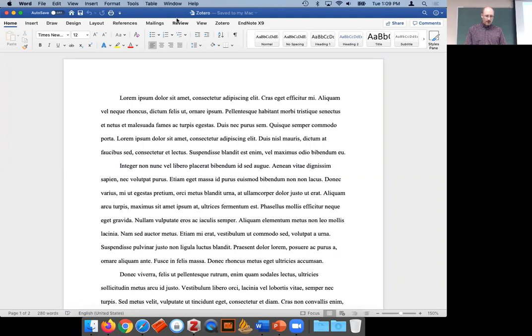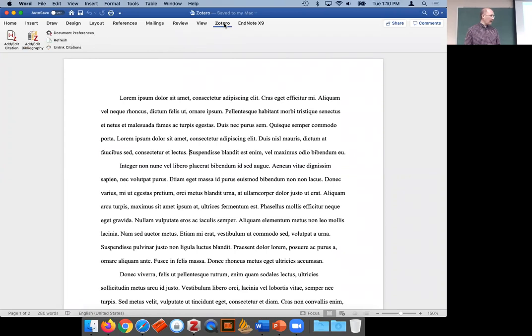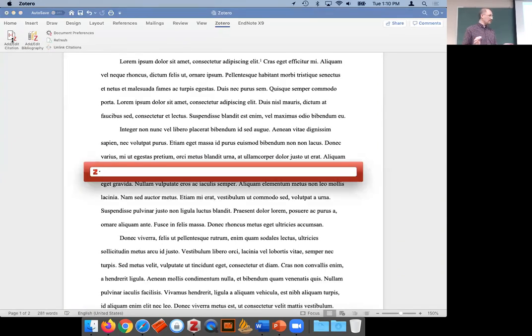So in Word now, since I had gone through that step of setting up and installing the Microsoft Word plugin for Zotero, you can see up here in my ribbon, I have a Zotero tab. And this is where I'm going to manage all my citations now. So I go wherever I want to put in a citation and where I want to put my footnote, and I can just do add citation. It'll take care of creating the footnote for me, and then I just need to tell it what I'm going to cite. So let me start with